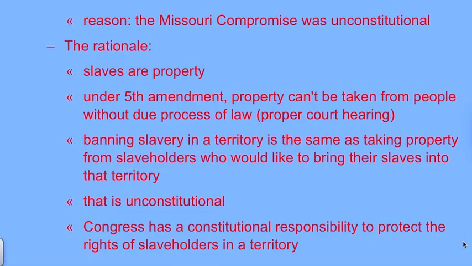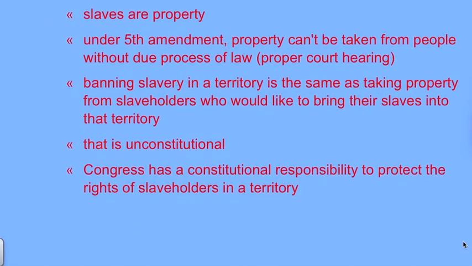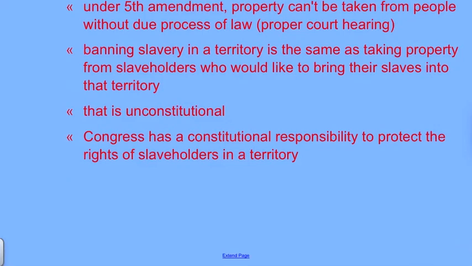The rationale behind that: slaves are property. Just like we said, they're just like a cow or a horse. They were considered property. Under the Fifth Amendment, property can't be taken from people without due process of law. Remember, we talked about that in Chapter 10. You have to have a proper court hearing. You can't just take property away from people under the Fifth Amendment. So when you banned slavery in a territory, they said that was the same as taking property from slaveholders who want to bring their slaves into that territory. And that is unconstitutional. They also said that Congress has a constitutional